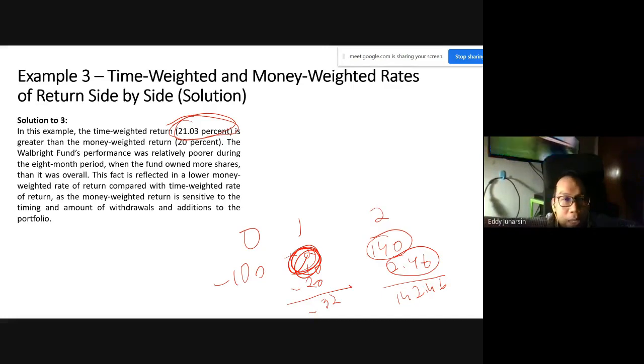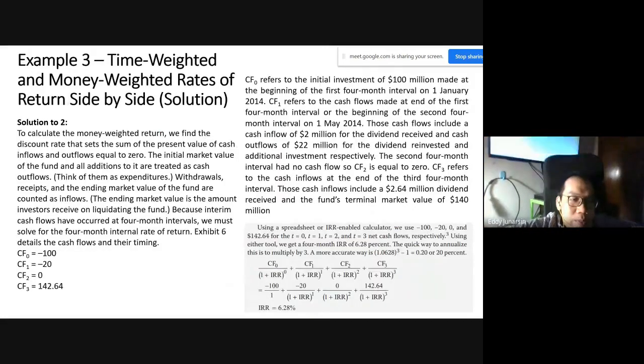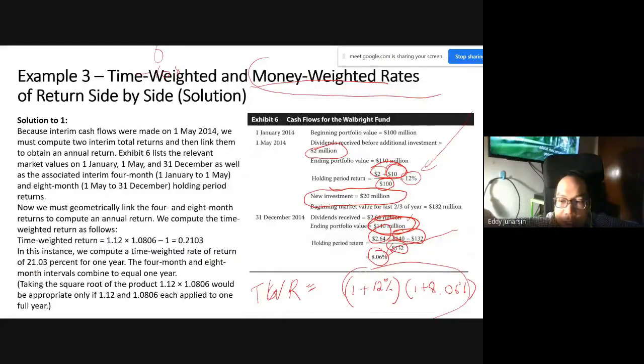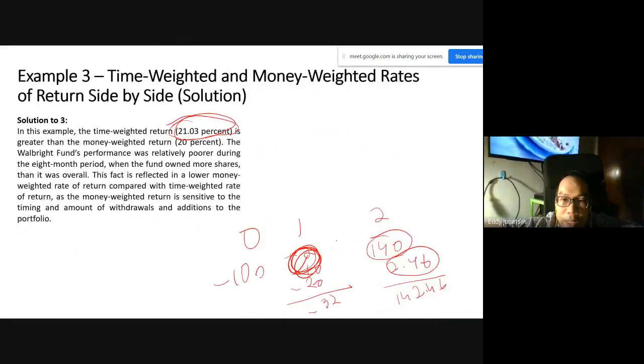You see what they had? You see here, 100, and then -20, and then nothing, right? We saw nothing also. So they defined it like this, right? So they didn't include this one, although the dividend and capital gains were reinvested. So this is one side of the argument that says that actually the investor didn't put additional money. It was just previous results that were reinvested.